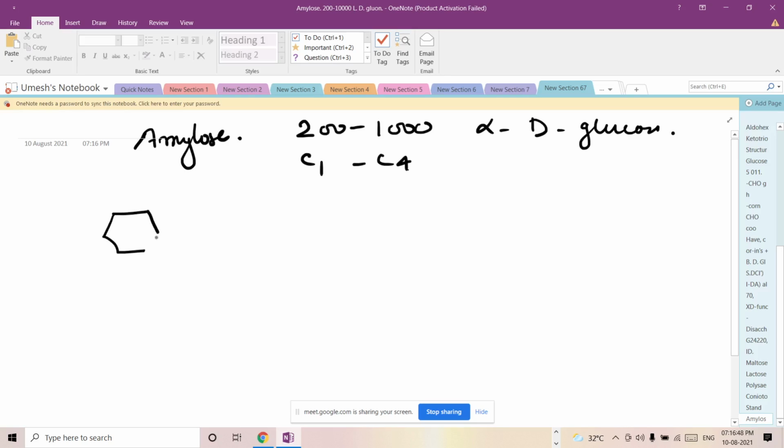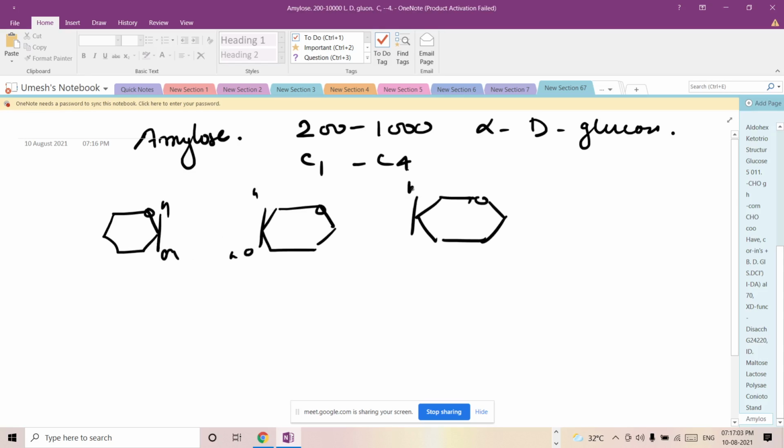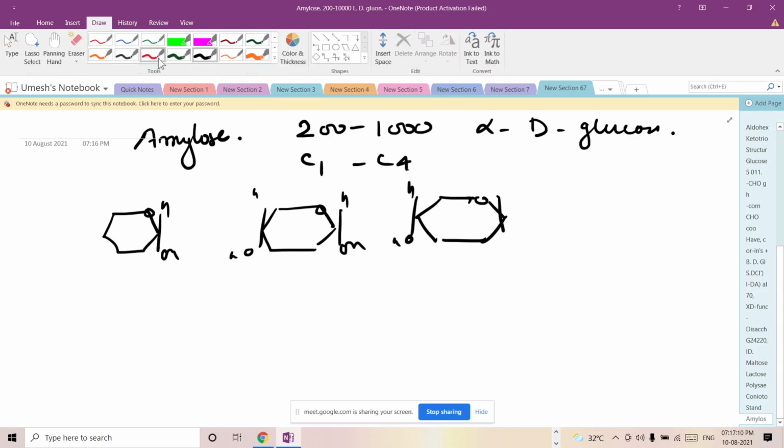Suppose I have one molecule here, another molecule, another molecule. I have 200 to 1000 such units, H, OH, OH, H, and so on. From here the water goes out, and they form